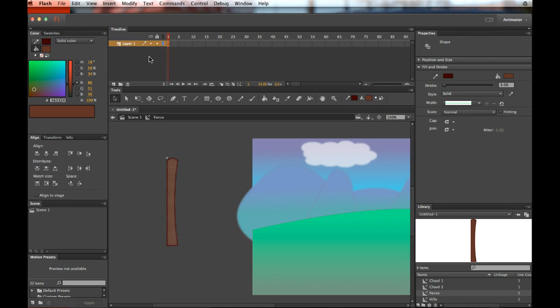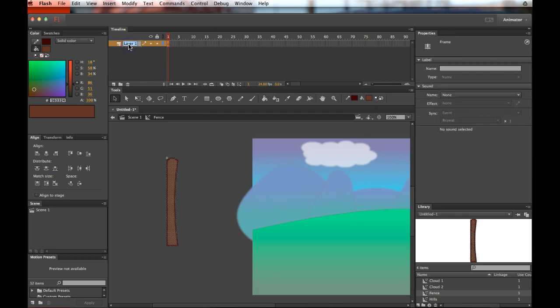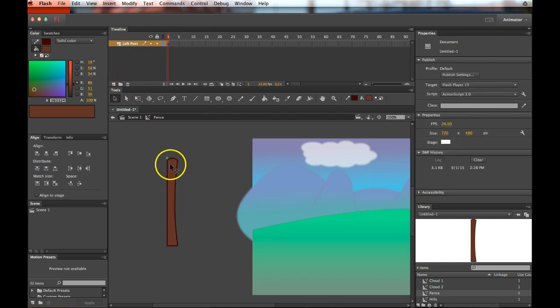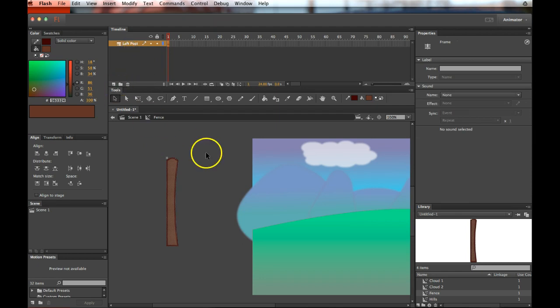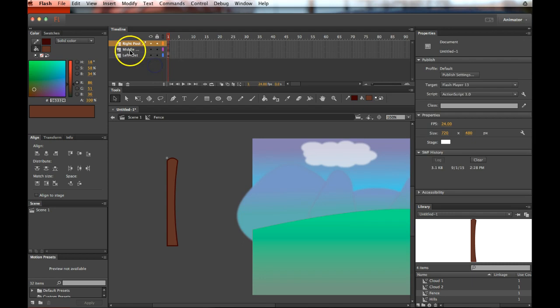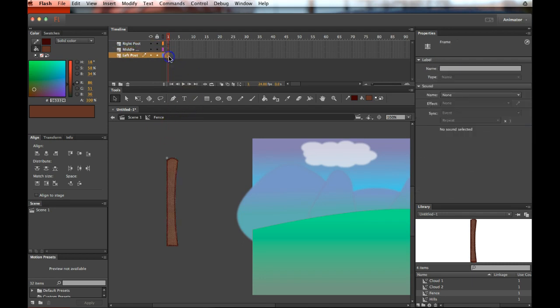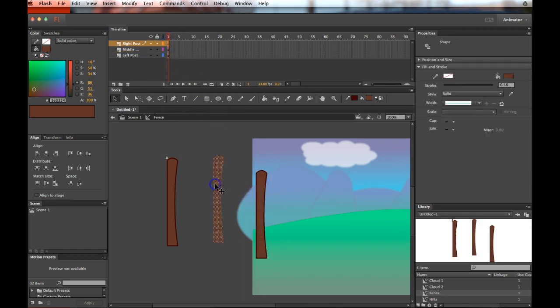So what I'm going to do is name this one left post, and then I'm going to duplicate it, and name this one middle post and the right post. But I want to come in here and copy, and paste it to each one of these. So now I have three